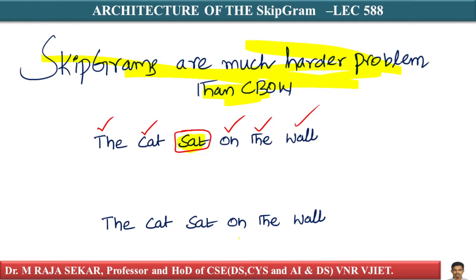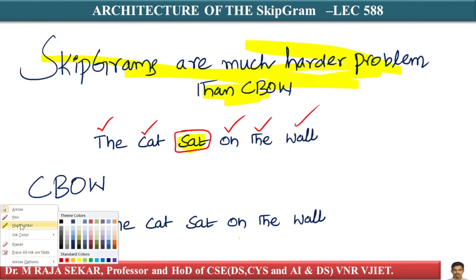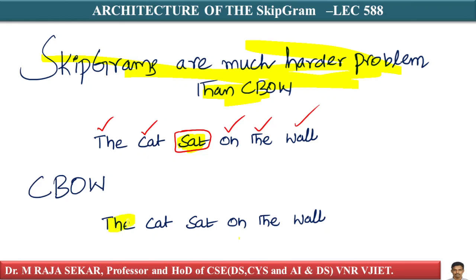In the case of CBOW, what happens? This is reverse. These words will be given. Here sat is given in SKIPGRAM and you have to predict all the words. In CBOW, these context words will be given, and now you have to predict this one. It is a harder problem in the case of